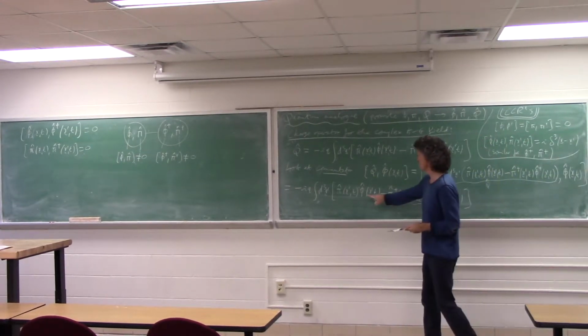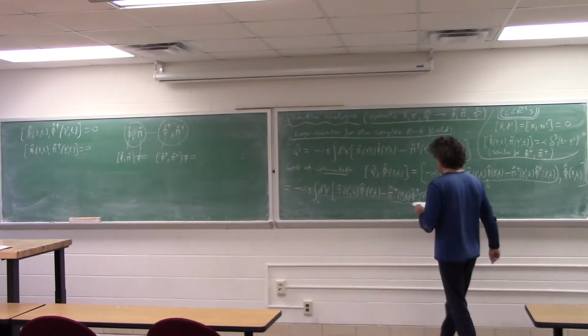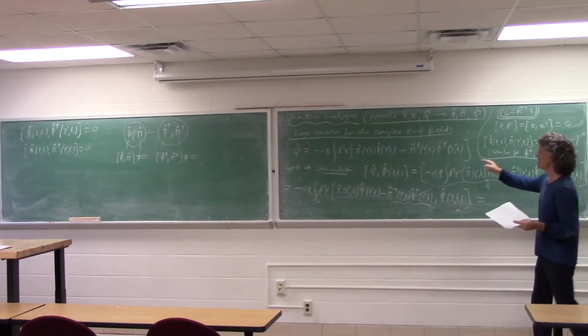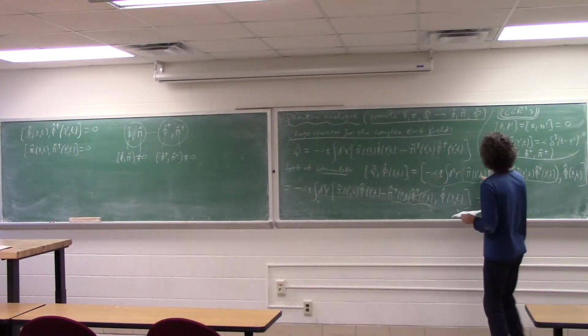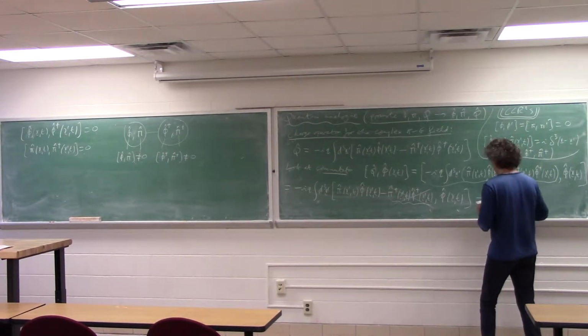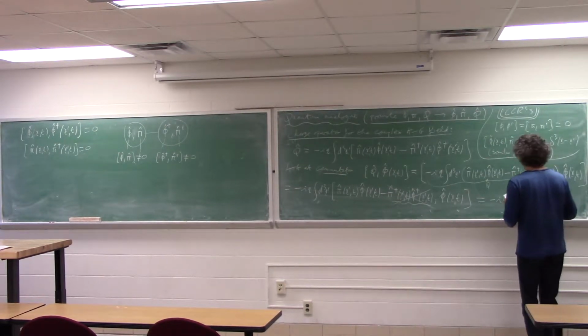Phi also commutes with the phi here; this is just phi at a different point. So with a bit of experience, you would have just written down that the only non-zero term is minus iq times the integral over all space of